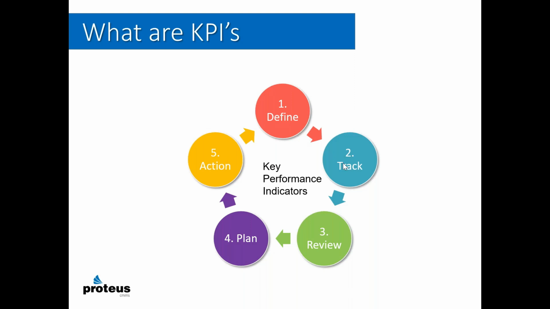The second thing is that in tracking KPIs, you need to make sure that there's consistent processes associated with the collection of data. One of the failures of a lot of systems, processes related to CMMS is the ability to track data on a consistent basis. In other words, how are you tracking downtime? Is everybody reporting it the same way? Are they putting their time against it and recording it as downtime?